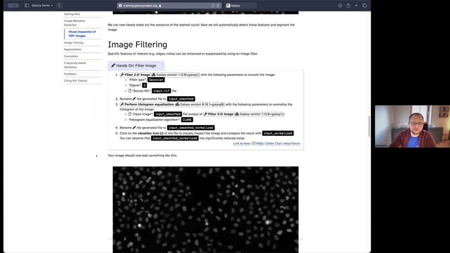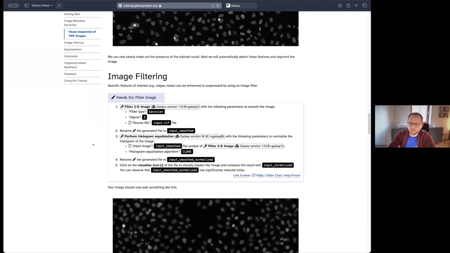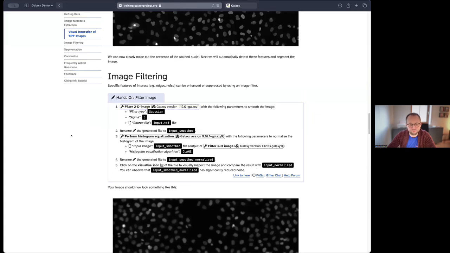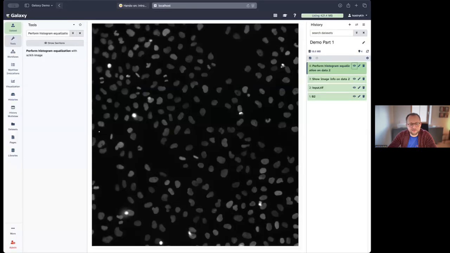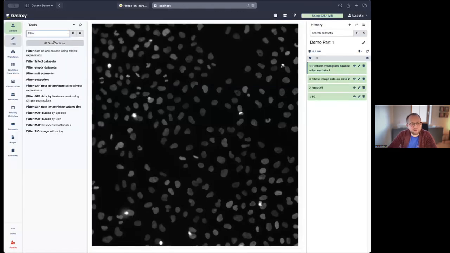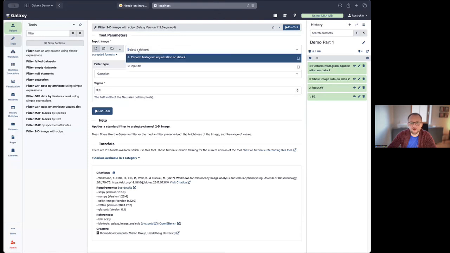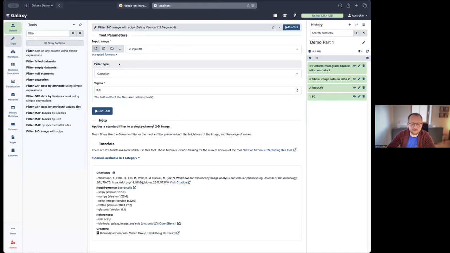Okay. So when it comes to the analysis, remember, we want to do image segmentation. First, we want to do some pre-processing. And by pre-processing, I mean we want to do some very rough noise suppression. And this is most easily done using a filtering tool, for which we use the filter image tool. This is wrapped around SciPy. We choose the original input image as the input image of the tool, because we want to have as much information in the image available as possible, so the full 16 bits, and leave everything else on default.